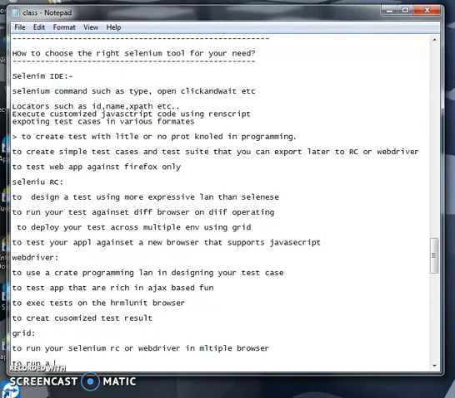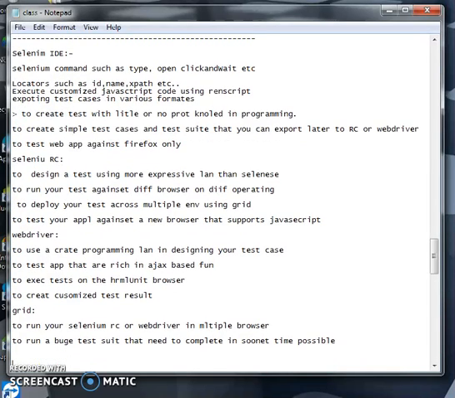To run a huge test suite that needs to complete in less time. Means if you are choosing this, all that,